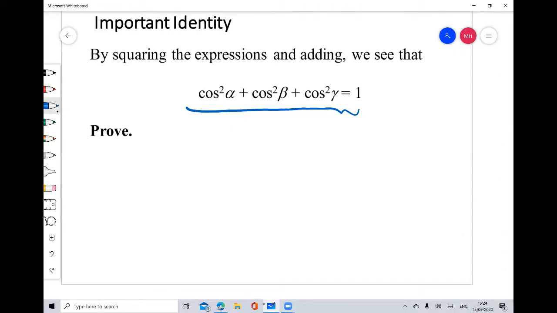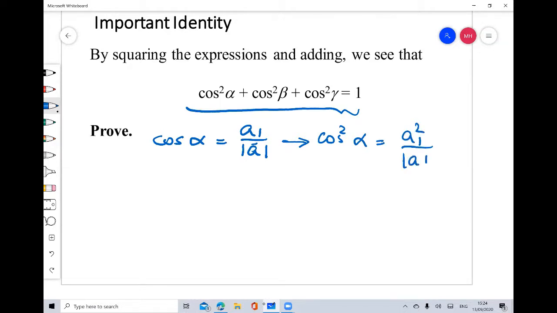I know from above that cosine alpha actually is a1 over the magnitude a, and so on. So cosine beta is a2 over magnitude a. If I square, I'm going to get a1 squared, squaring both sides, so cosine squared alpha is a1 squared over magnitude a squared, and so on. Similarly with cosine squared beta and cosine squared gamma. Substituting